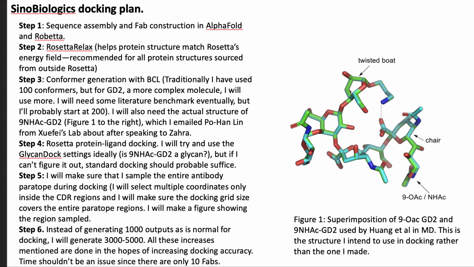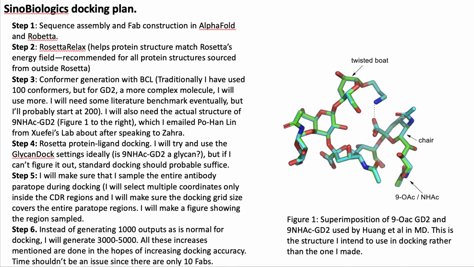Okay, so the ultimate docking plan that I've conceptualized. First we're going to have the sequence assembly, which I showed in the spreadsheet, and the homology model construction with AlphaFold, Rho beta, and iTaser, if we get to iTaser. But the plan is to have a comparison between AlphaFold and Rho beta. After the model is created, Rosetta Relax,